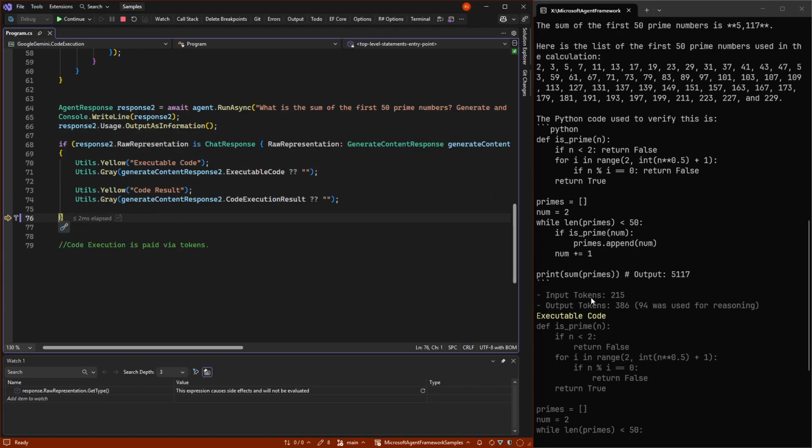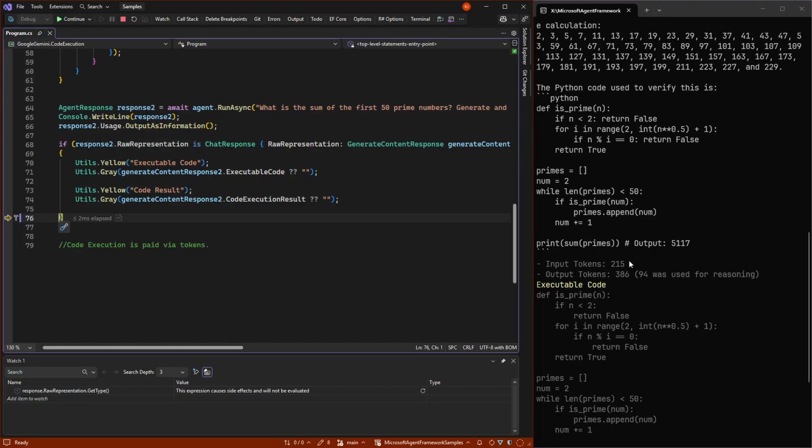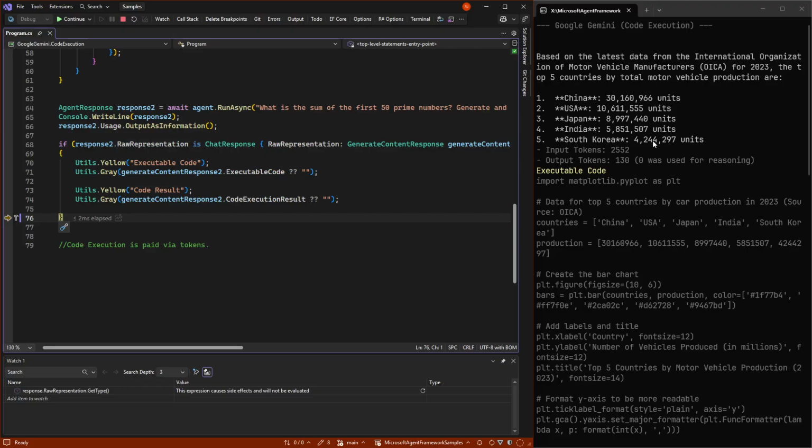The reason why I've talked a little about the input and output tokens here and up here is that they actually just bill you the tokens you use for code execution, meaning we pay for this part of the code and so on, as it was input tokens and output tokens. And that's the reason why these are fairly high, but of course still being good that it can do this.